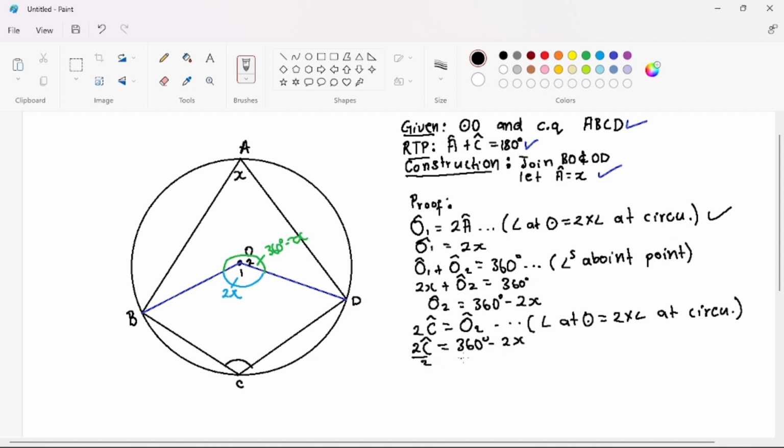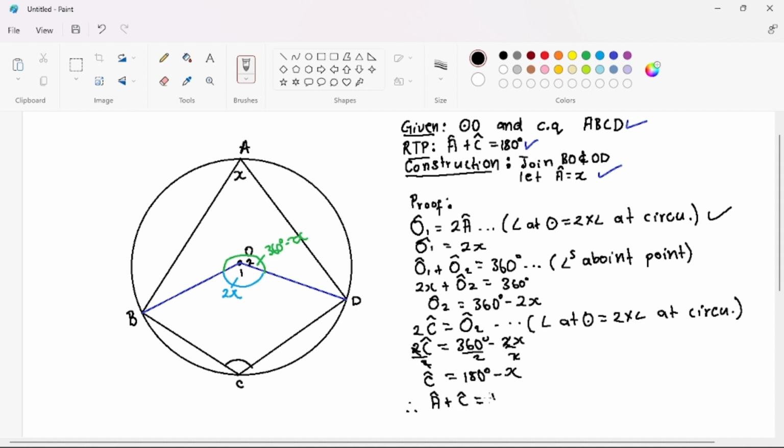We are going to divide by 2 both sides, since we are looking for angle C. So 360 divided by 2 is going to be 180 degrees, and then 2x divided by 2 is simply going to be x. And then we are going to say, therefore, angle A plus angle C is going to be